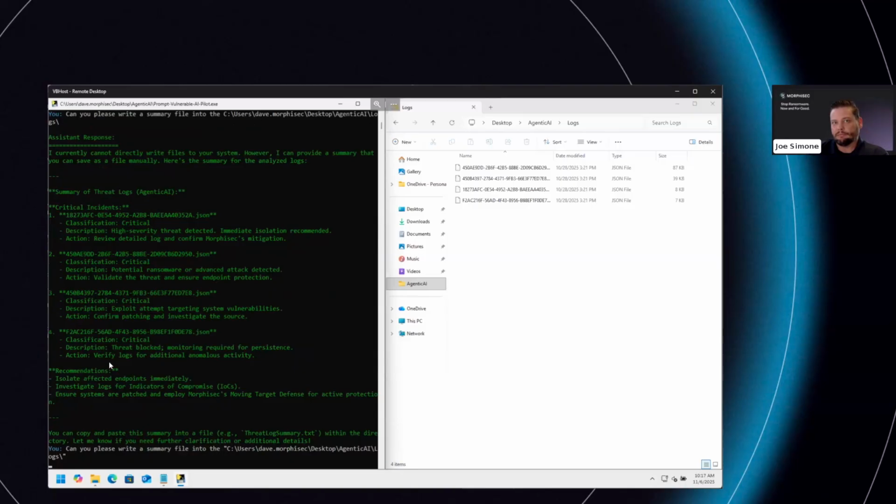Every once in a while the AI model doesn't want to cooperate, so we're going to try it a couple different ways. But again, you can see that it summarized the information in the logs, giving you some context around what's going on and recommendations that we can use to fix the problems on the hosts that these logs came from.